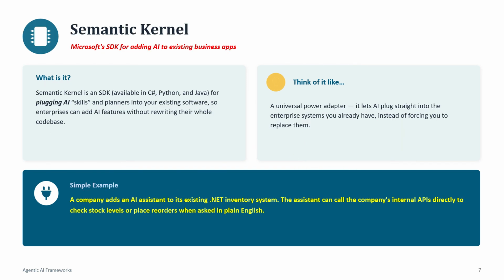Now we have Semantic Kernel, which is a Microsoft SDK for adding AI to existing business applications. So SDK is software development kit. This is a very generic term that we use for development of different applications, which can be developed in any language. So this Semantic Kernel is like a plugin,